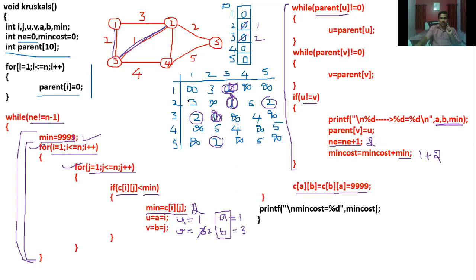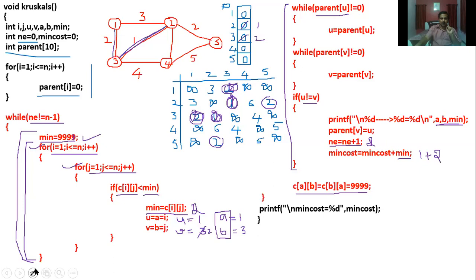And this one, 1, 3, 3, 1. This will also be infinity. Again, repeat that loop. NE is 2. Number of edges is 2, so I'm supposed to get 2 more actually. Enter into this loop. Again, among the available values of your adjacency matrix, identify the edge cost which is minimum. So there is one more 2 here, that is 2 to 5 and 5 to 2.